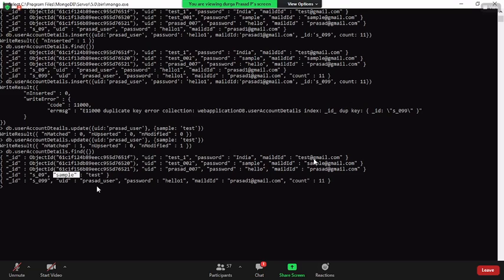Sir, I did not get it. Why did the other keys get deleted? First of all, when I say db dot so and so table dot update, you find a guy who has UID equal to Prasad underscore user, and you replace that guy with this object. So it is completely replacing with this. Now, if you want to add something new, you need to give the existing thing along with the new part.